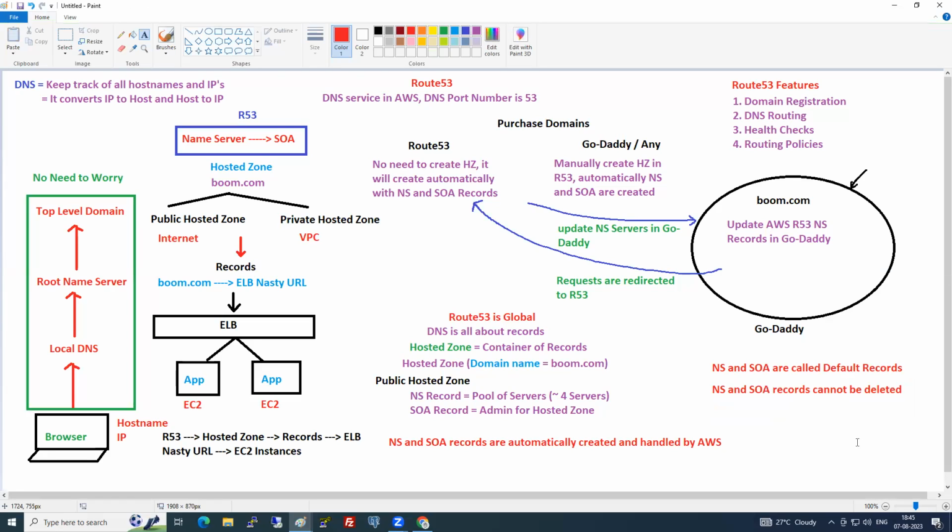There is a question: could you please explain NS records again? Okay. So guys, did you all understand? If you have purchased the domain in Route 53, do we need to worry about anything? No need. But if you have purchased a domain other than in Route 53, let's say GoDaddy, you need to update the NS records in GoDaddy. Because once the request comes to GoDaddy, GoDaddy will see that its NS records are AWS records, and the request will be told that it is AWS related, so go to AWS, and the request will be redirected. Got it? Any questions still?